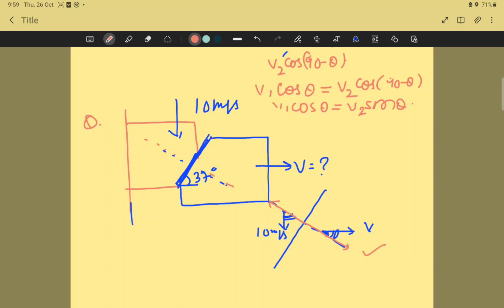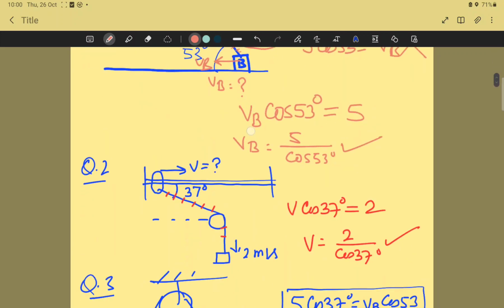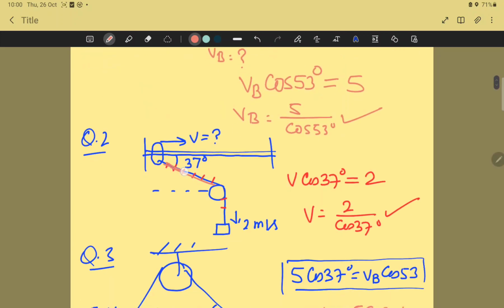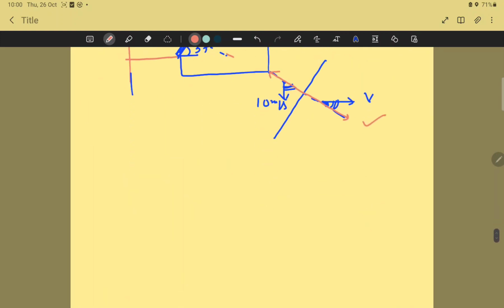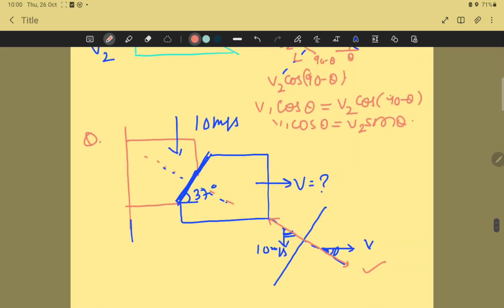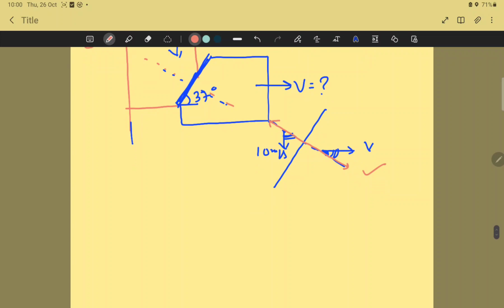As you have done in the string case, every velocity is resolved in the direction of string. Very similar you can do, all the velocity is resolved in the direction perpendicular to the normal direction. So by this way we can say we have completed constraint equation. So all the best for